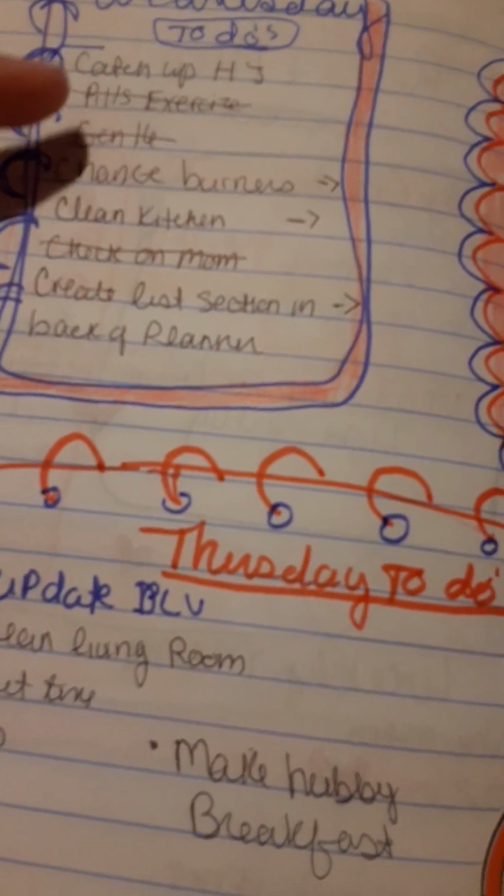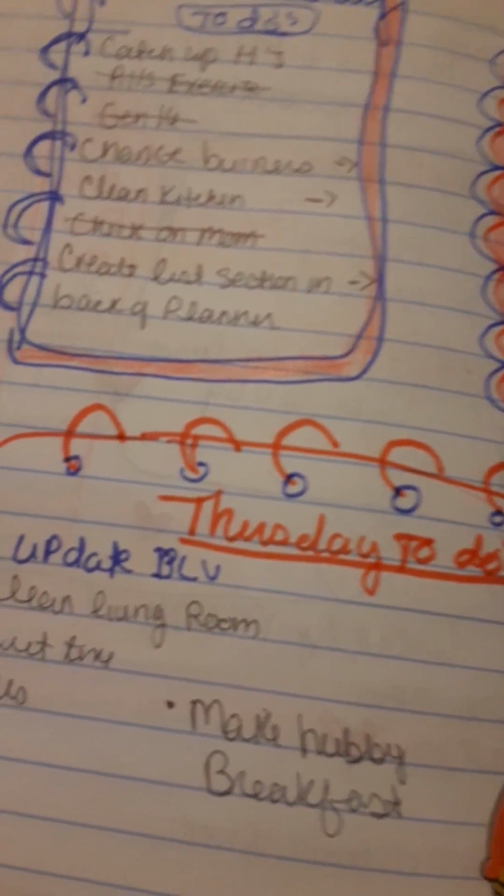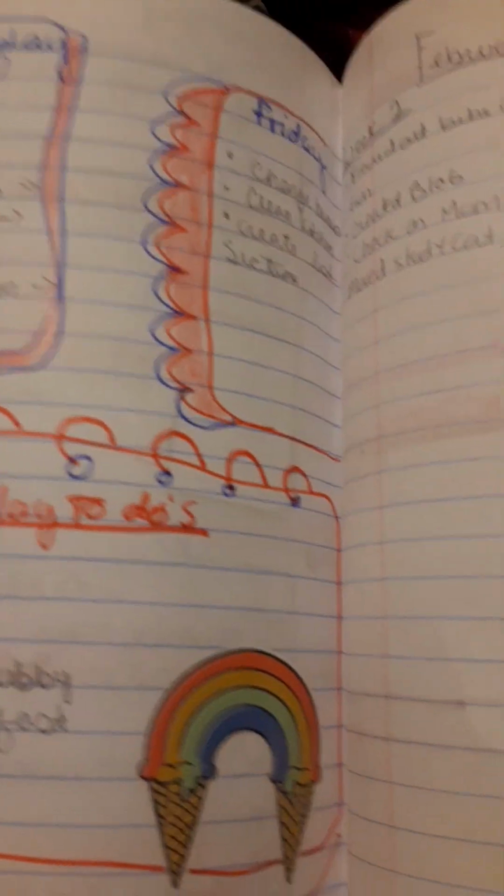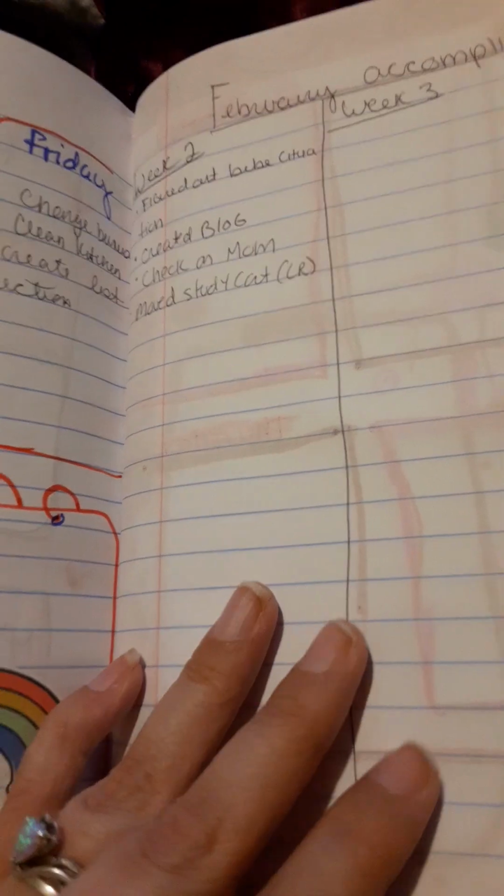So that at the end of the day, I could just come in and cross these out. I've got more of these done, but I forgot to cross them out. But I could just come in and cross them out. Something else that I'm going to add here. I'm going to add it back here. So let me flip back here. I think I've created a little tab